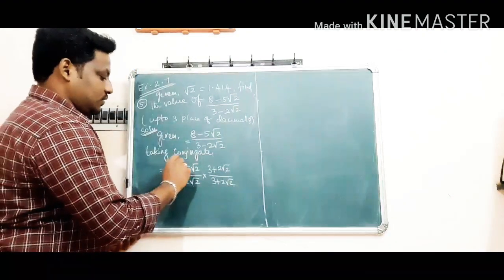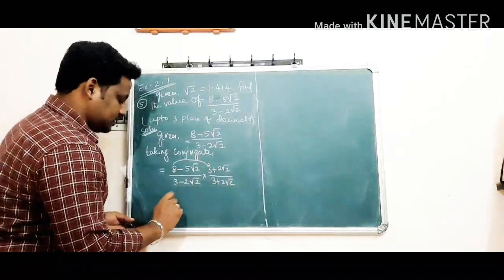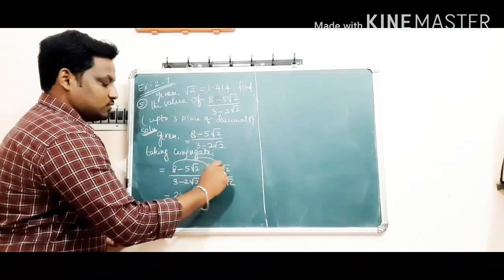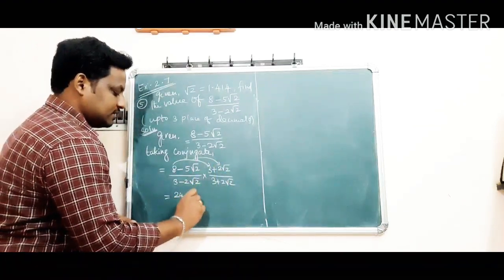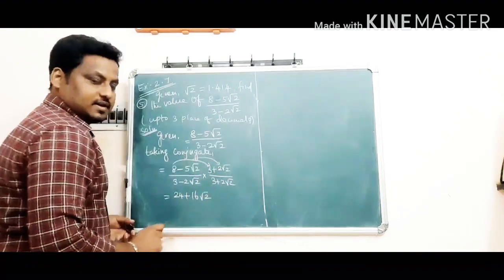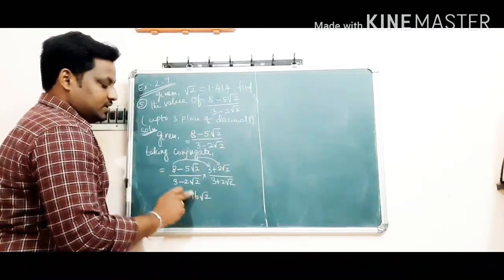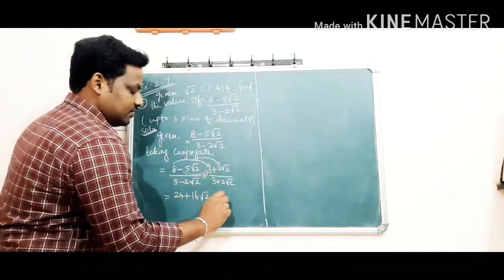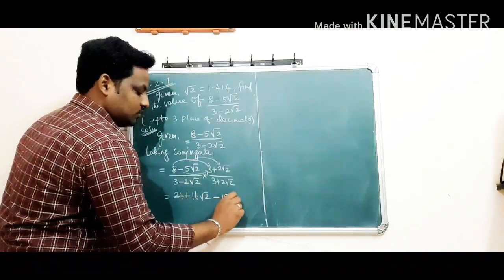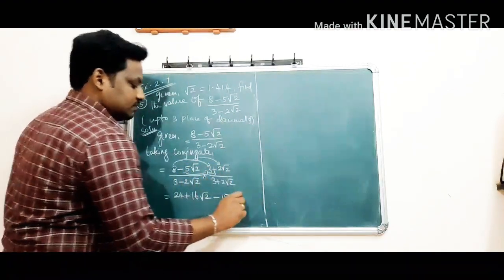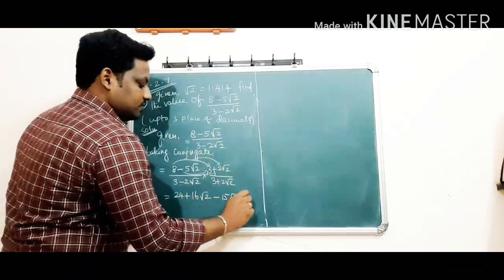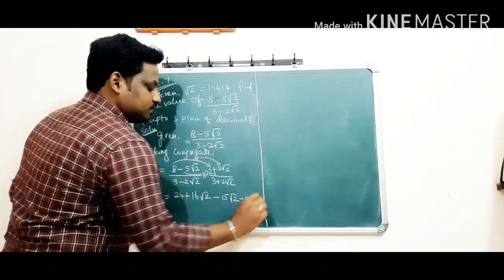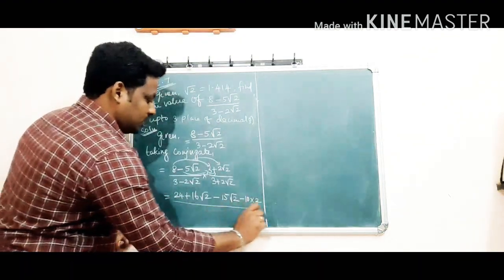Now you have to multiply. 8 3s are 24, and then plus into plus, plus 8 2s are 16 root 2. Clear? Then minus into plus, minus 5 into 3, 15 root 2, and minus into plus, minus 5 into 2, 10 root 2 into root 2, which is 2. The whole divided by,